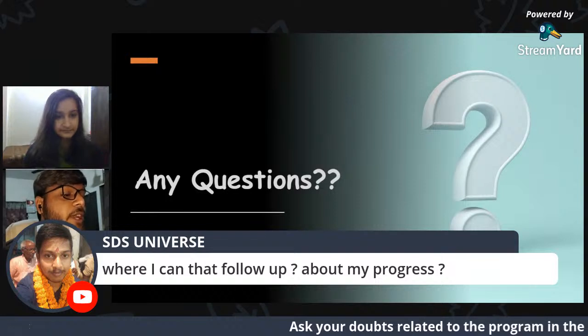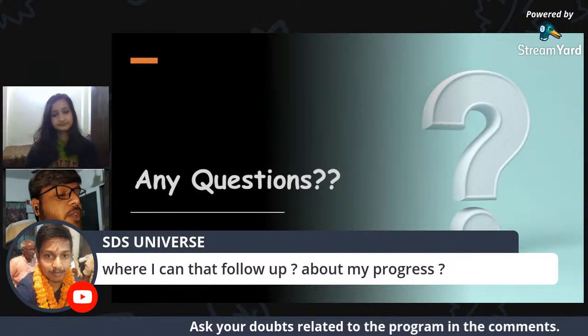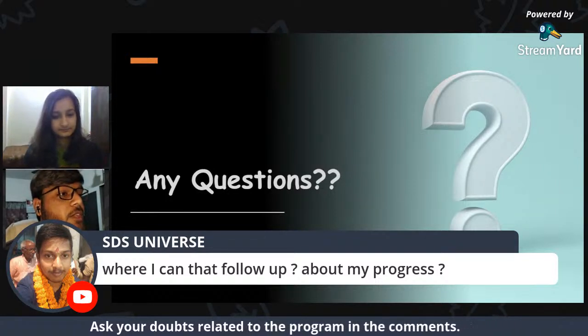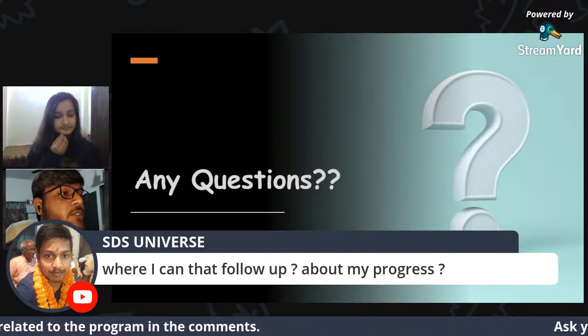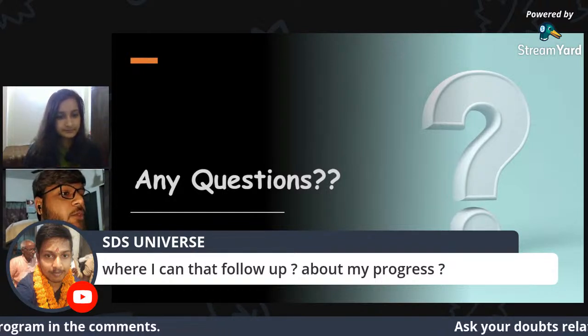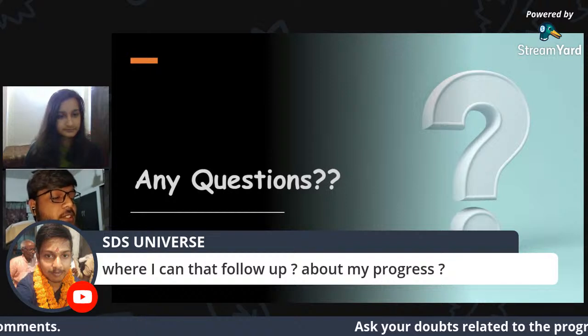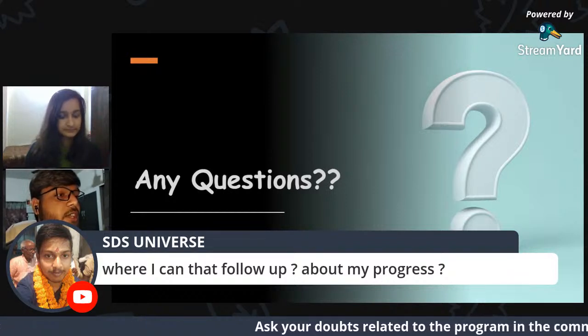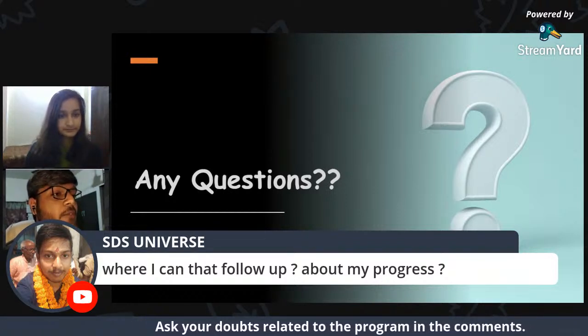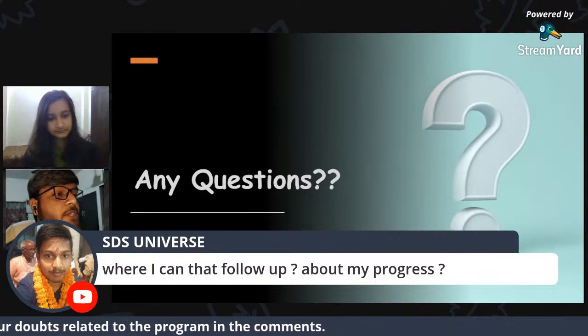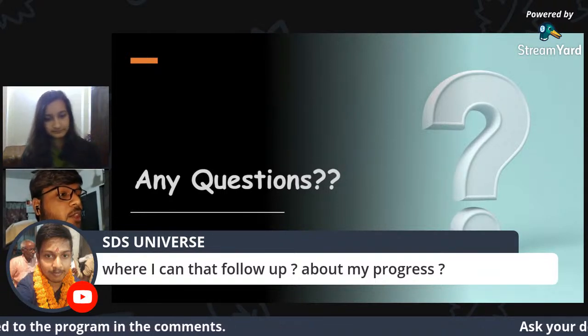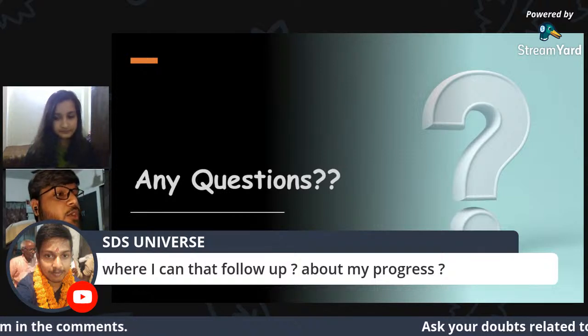So for tracking your progress for the quizzes, you can track it through the Skillenza platform. After submitting the quiz, you will see a leaderboard where you can see if your submission has been made successfully and what your status is on the leaderboard. Apart from that, for tracking your projects, we are using GitHub. We'll be seeing your commit history once you make your final submission.